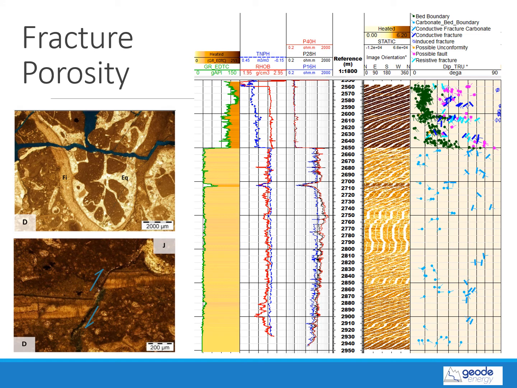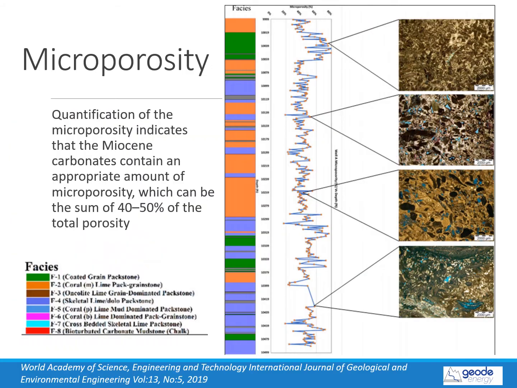The fracture porosity is observed in many scales. Here it is seen on the resistivity image log in blue rectangular symbols dipping between 50 to 70 degrees and striking predominantly northeast-southwest, as well as in the thin section in D with a tiny fault observed in the lower plate. In contrast to the larger scale porosity, microporosity is observed, and quantification of the microporosity indicates that the